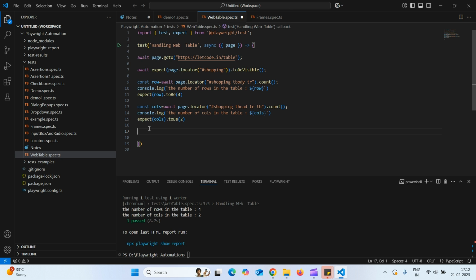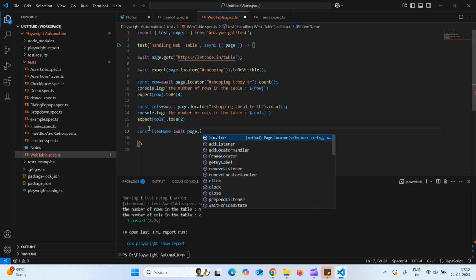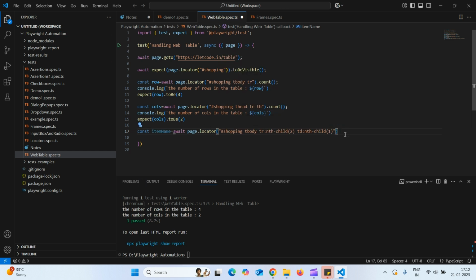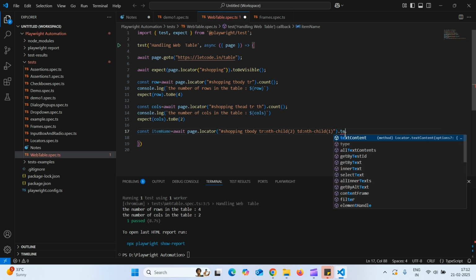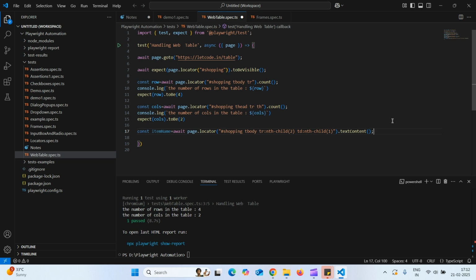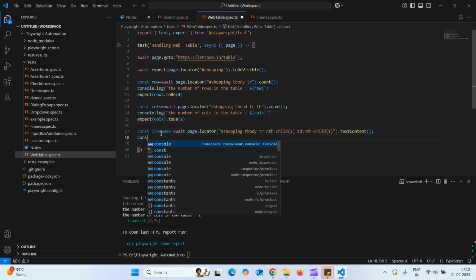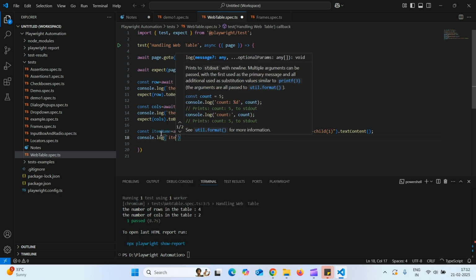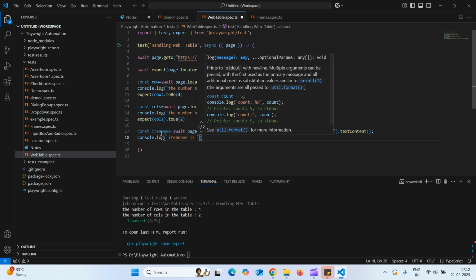So I will keep this in some variable, const item name. Item name is equal to await page dot locator. So this is the locator. So I want to get the text of it. So how to get the text of it? Say text content. So use text content method to get the text of the web element. Okay. So now let us print this. Console.log. Item name is